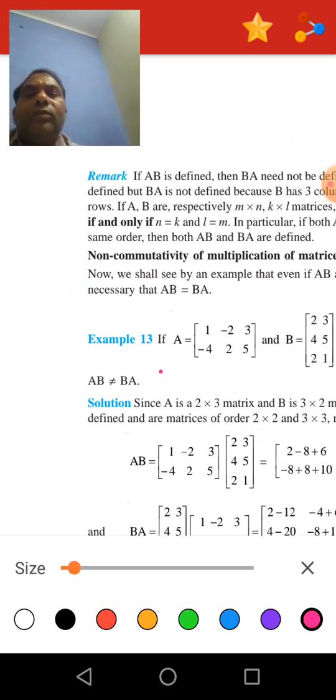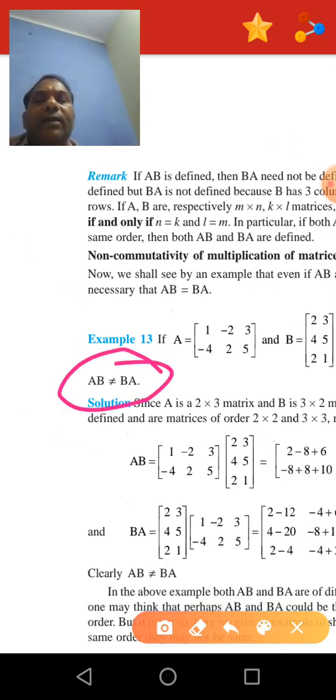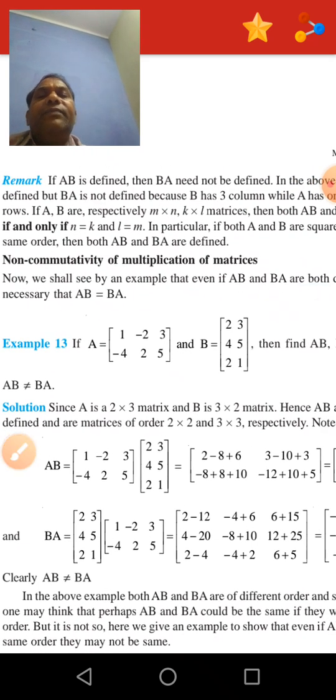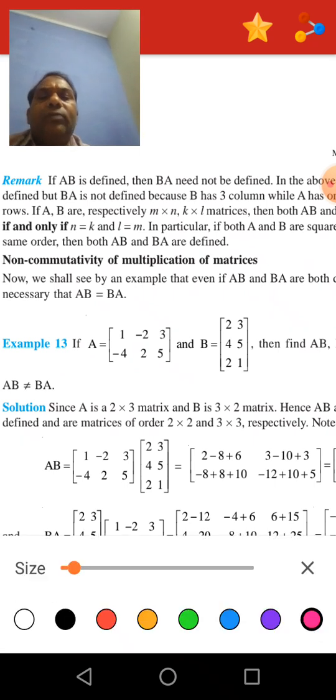Also show that AB is not equal to BA. Clear? So now, as we know that in case of multiplication of two matrices, multiplication of matrices exists if the number of columns of the first matrix is equal to the number of rows of the second matrix. So check here,